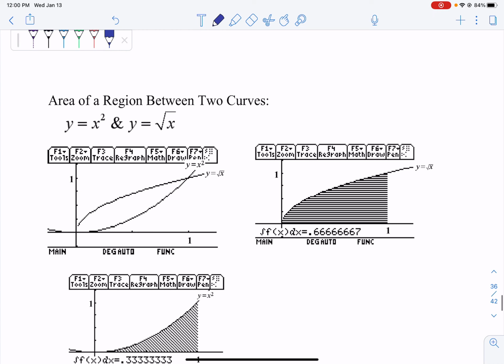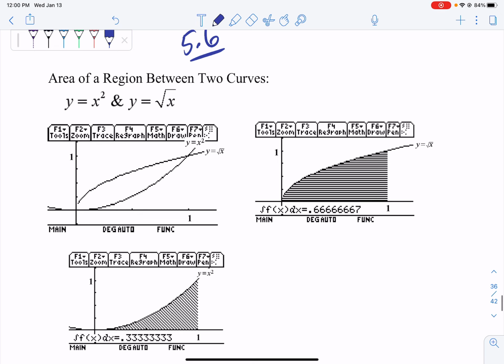All right, guys, so today we are on, where are we, 5.6. So we're talking about the area of a region between two curves. A lot of this is going to be using integrals like what we did before, but instead of just finding the area under one curve, we have a second curve, and we want to find the area in between the two curves. So instead of a curve and the x-axis, we are looking for the area between a curve and